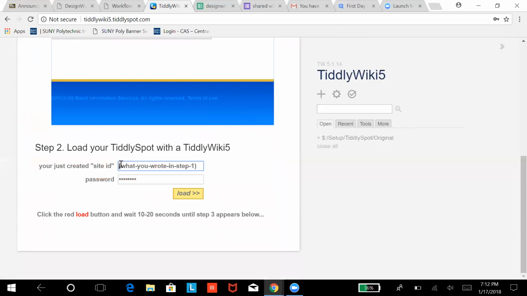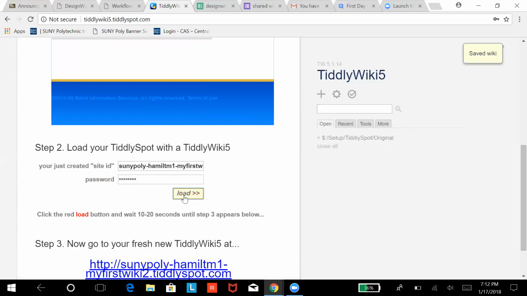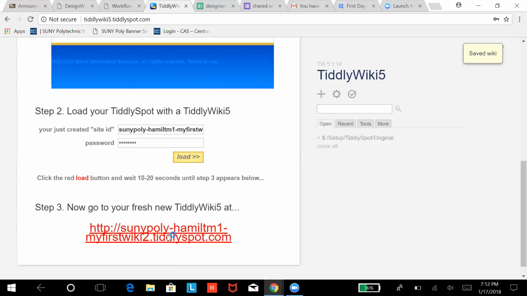Just click and paste. The first time I did it, I didn't know to not click the link up right there. I don't know, he can't change it. You got to type your password the second time and then load. And you do this lots of times because these things are free. And it takes a little bit, and then click there, and what you've got is a